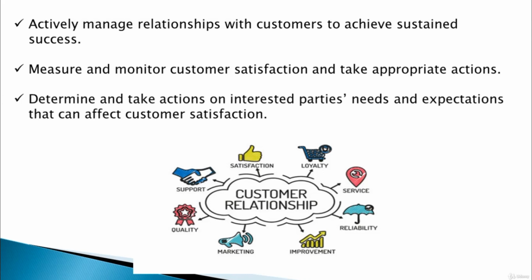And then you should determine and take actions on interested parties' needs and expectations that can affect customer satisfaction. So we're not only talking about the customers or clients here, but about anyone who's related or linked to the product or service, or who has a value to the product or the service, like the donors,